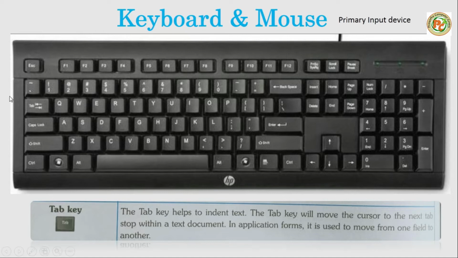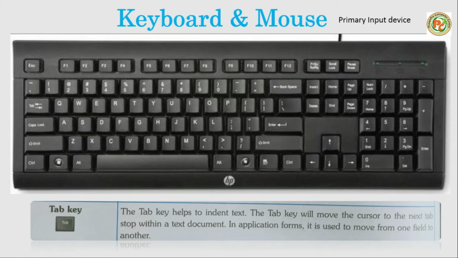Next, tab key. You can see the tab key is there. Tab key is used to give space also, but the spacebar key is used to give only one space between two words, whereas the tab key is used to give 4 spaces at the same time. It is also used to indent the text, means align the text at a proper position. Okay, and if you want to go to the next you can use the tab key, but if you want to come back you can use control plus this key, so you can come back to the previous word also.